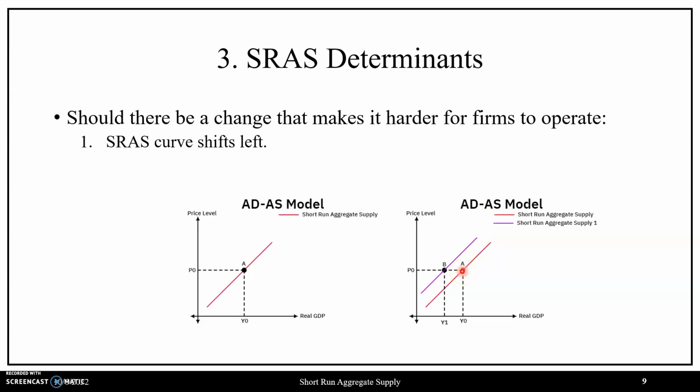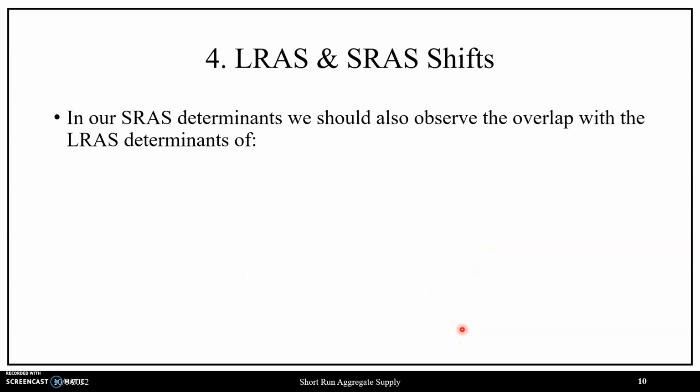where at our original price level P naught and holding it fixed, this translates to leftward movement from point A to point B on our new curve, where firms are now willing and able to supply a Y1 amount of real GDP, which we see is a strict decrease compared to Y naught. So then, now having gone through our determinants of the short-run aggregate supply curve and an example of a